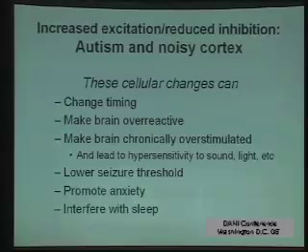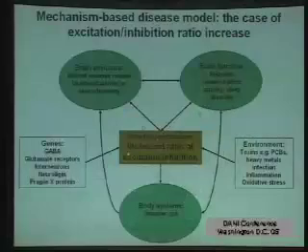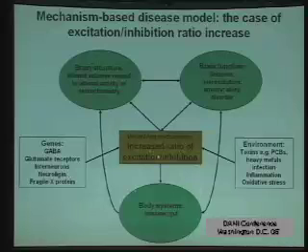It can lower your seizure threshold, and we know that at least 30% of people with autism develop seizures, and depending on how you measure it, there's abnormal brainwave activity and a lot more. It can promote anxiety, it can interfere with sleep, and actually in the whole body, these changes can also cause problems like GI dysmotility and interfere with gastrointestinal function. So this is one of those mechanisms that I was talking about earlier, that you can have an increased ratio of excitation and inhibition. It'll mess up your gut and mess up your immune system, mess up your brain structure